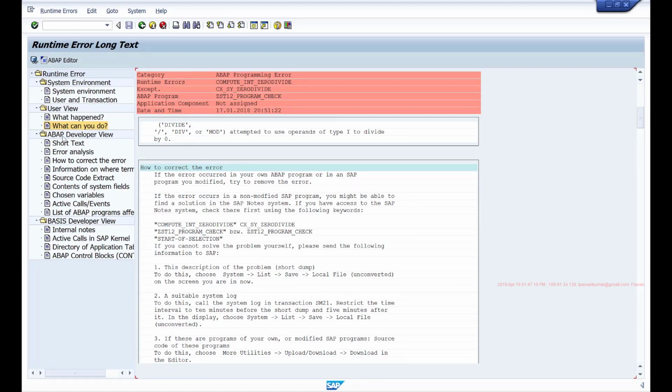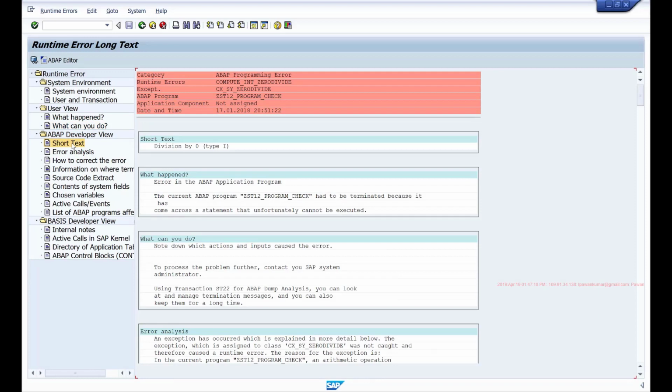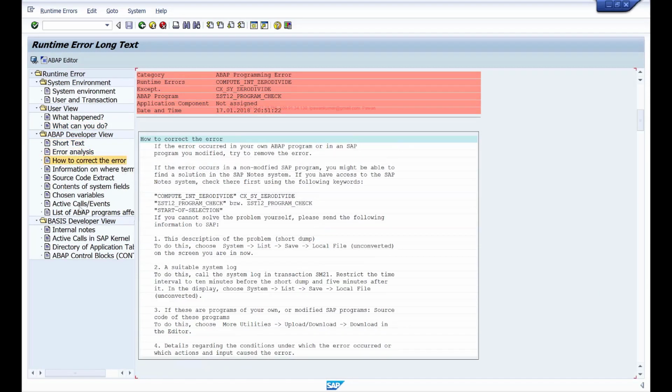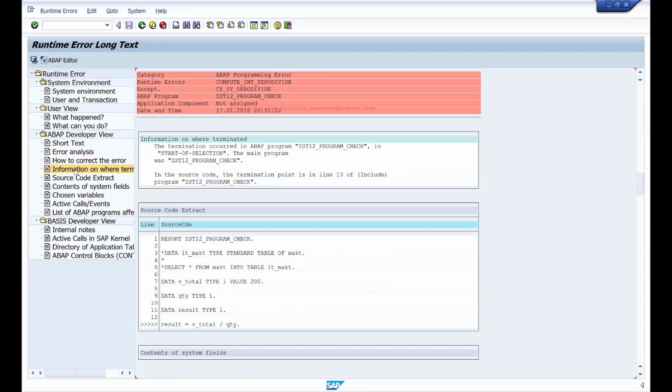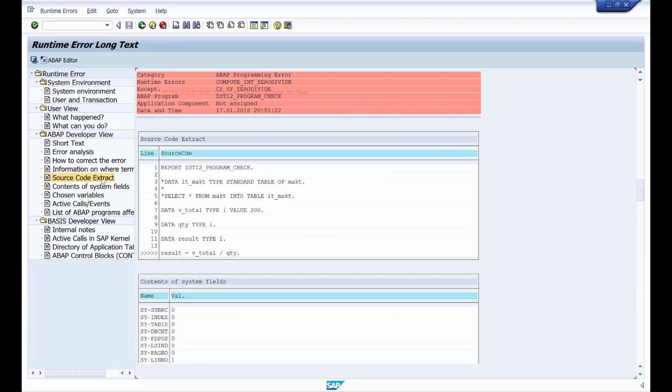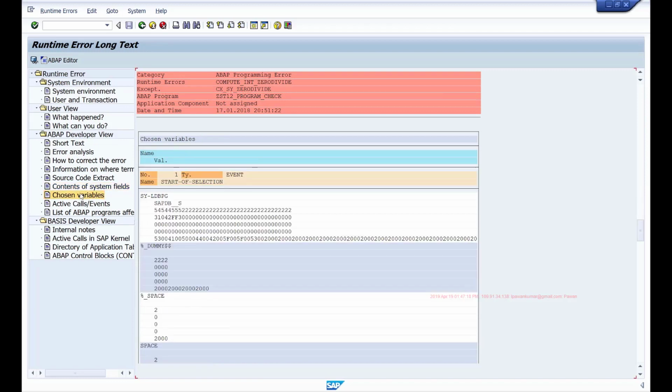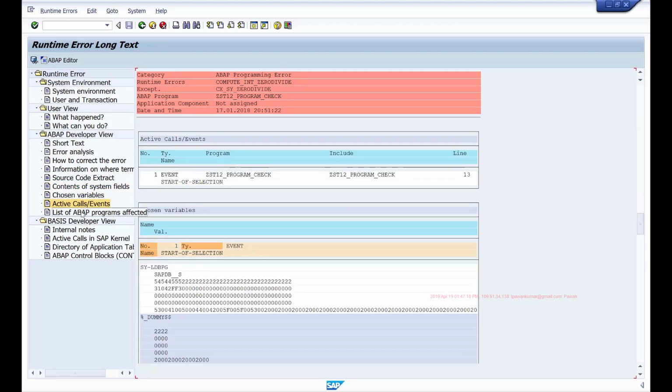Then we have the developer view, where you can see the short text of the error, error analysis, how to correct the error, all these things formatted, information on where it is terminated, source code extract, the source code of the program which caused the error, and contents of system fields, what the system fields were at the time of the error. So this information should help you identify what is causing the error and accordingly troubleshoot.